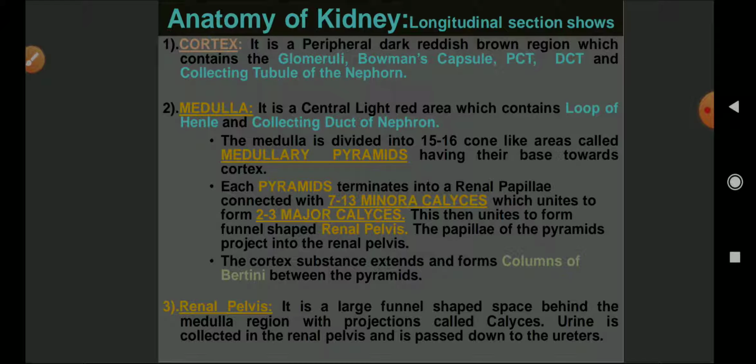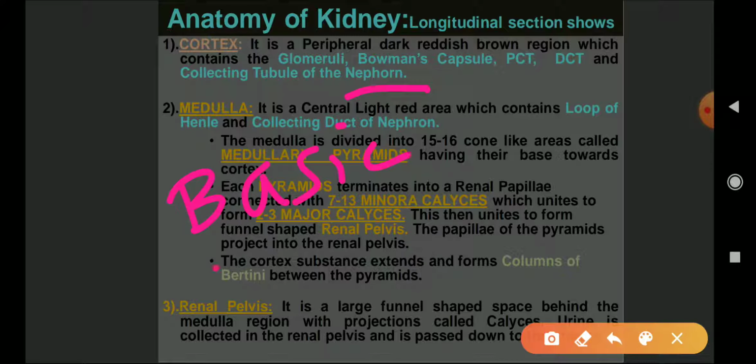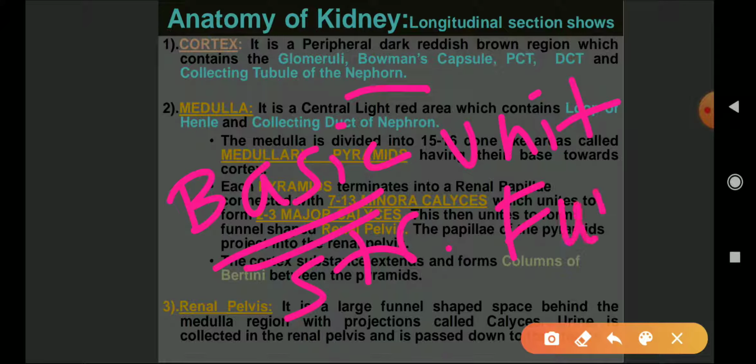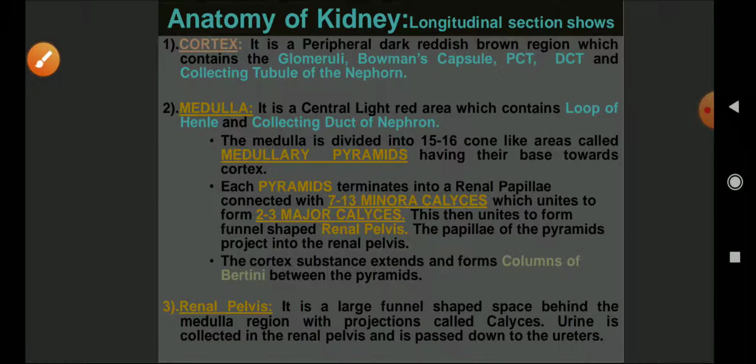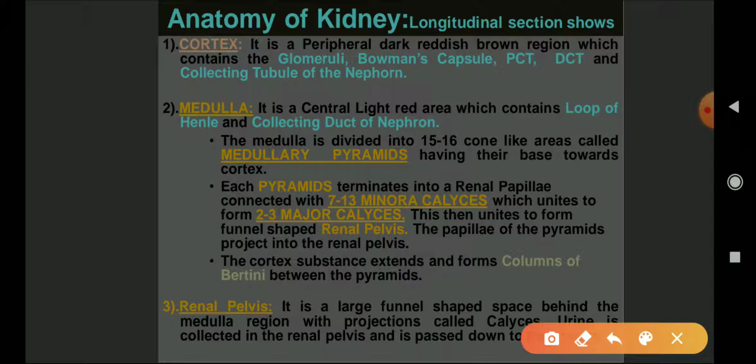Now first of all you must be wondering what a nephron is. Nephron is the basic unit. It has structure and it has function. So the nephron is the basic structural and functional unit of the kidney or excretory system. The nephron has 5 parts. Out of those, the ones I have mentioned here, Bowman capsule, proximal convoluted tubule, distal convoluted tubule and collecting tubule, all of them are lying in which region of the kidney? In the cortex region of the kidney.